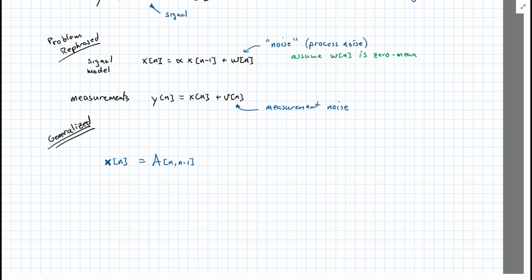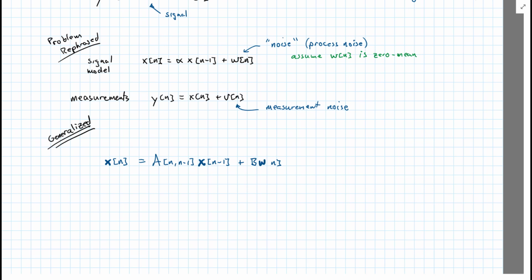So we'll go back to our bolded variables being vectors, and in place of our x of n is equal to alpha x of n minus 1 plus wn,